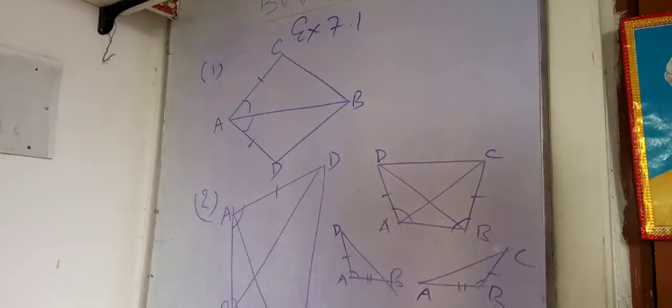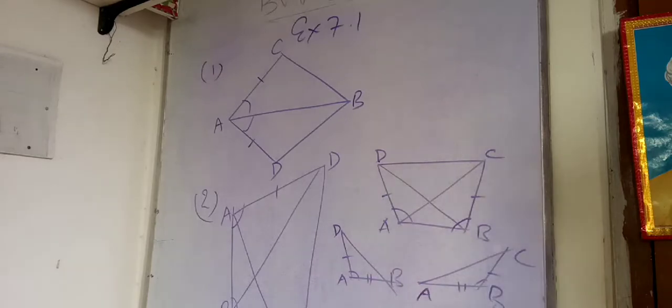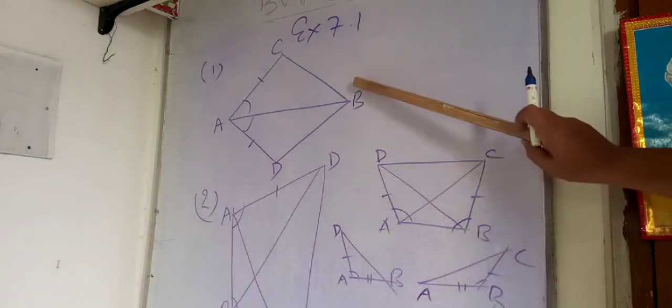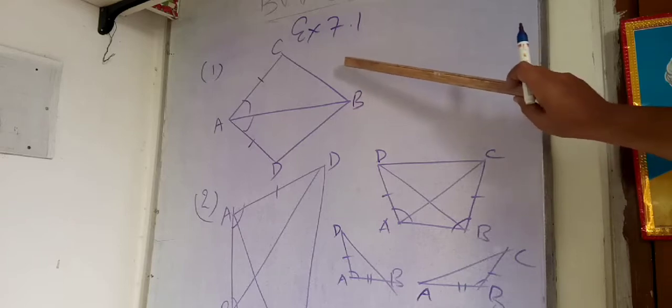So students, now we are going to solve the problems of exercise 7.1, class 9th NCERT. Right now you can see two problems of the exercise 7.1 which are written here on the whiteboard. The first question